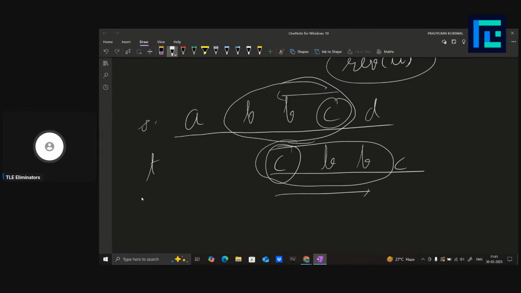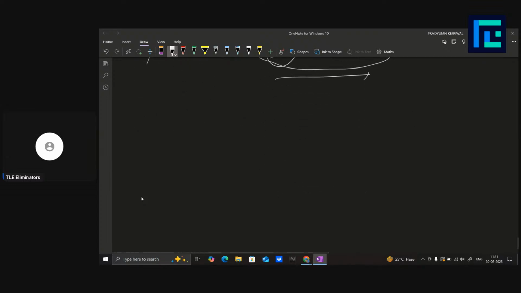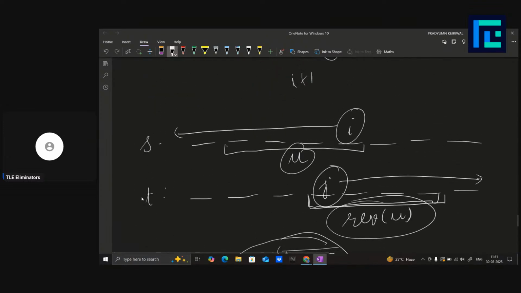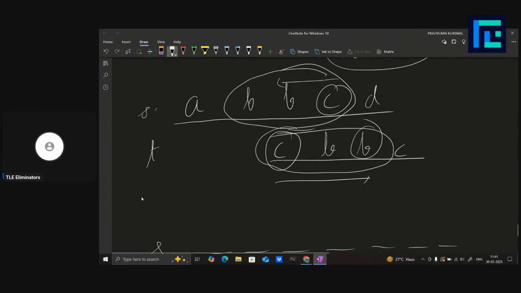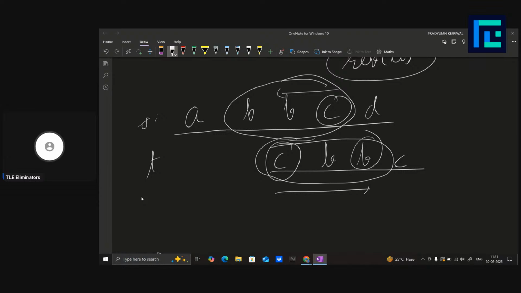Actually, instead of doing that, we should check for this index. My bad, this was a mistake on my part. Okay, it is correct, sorry. So see, what I am saying is that